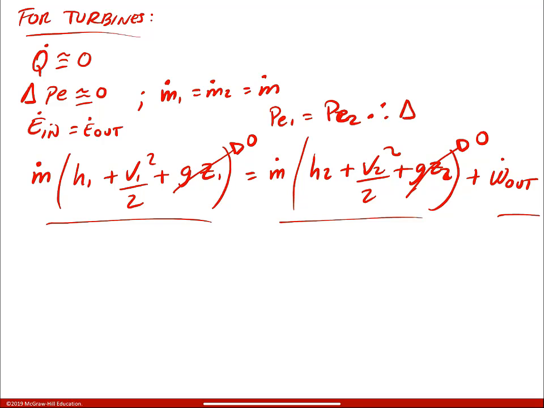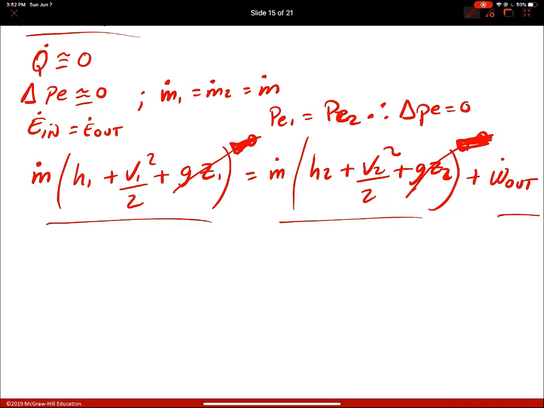Therefore, delta PE equals 0. So I don't want to say that this guy equals 0. Just PE1 minus PE2, or PE1 minus PE1, is just equal to 0 because they're identical. So if I keep writing the equation, I will get the following one, finally. Mass flow rate that multiplies H1 plus V1 squared divided by 2